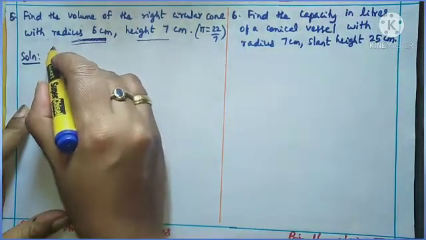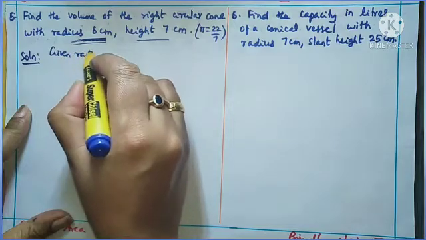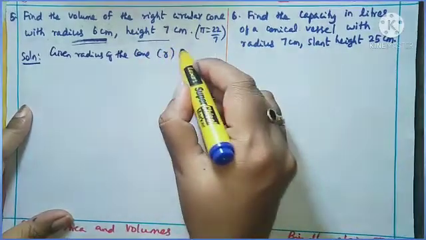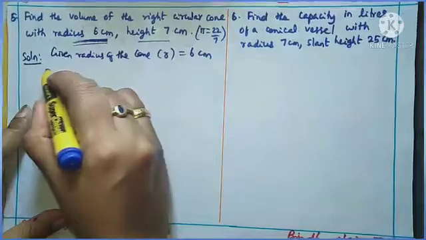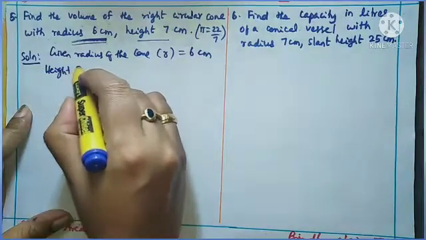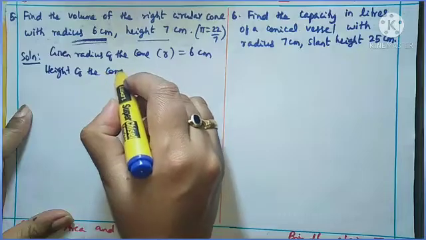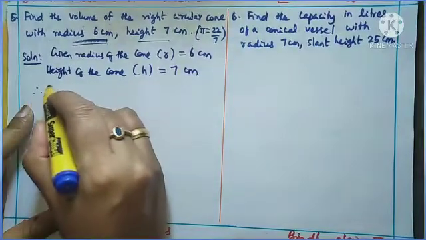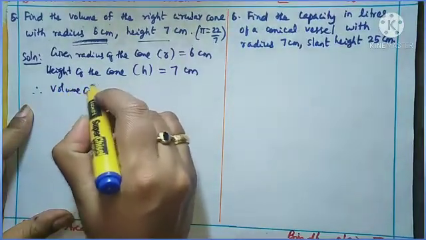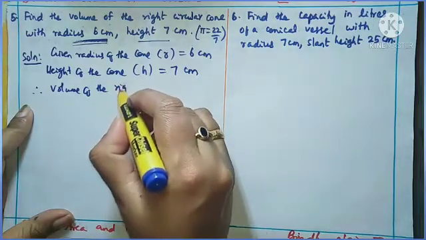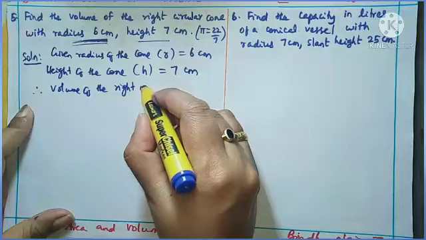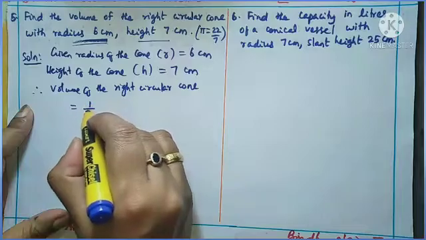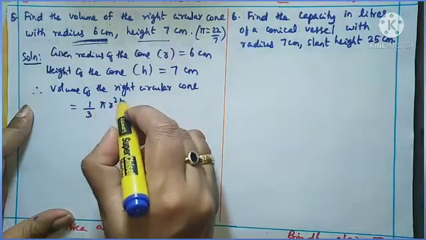Write the given data. Radius of the cone, denoted by r, equal to 6 centimeter. Height of the cone, that is denoted by h, that is 7 centimeter. So we can use the formula. Therefore, volume of the right circular cone